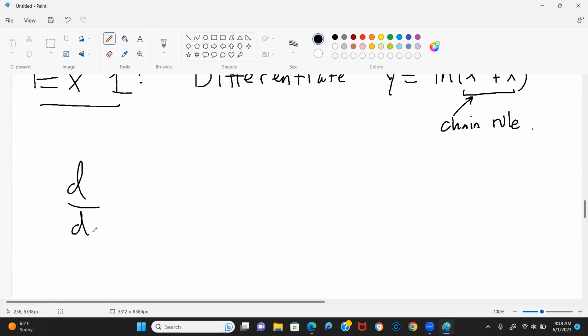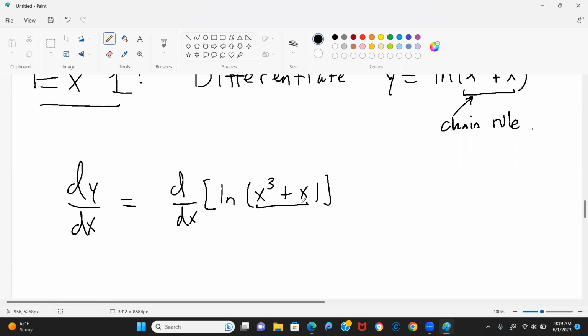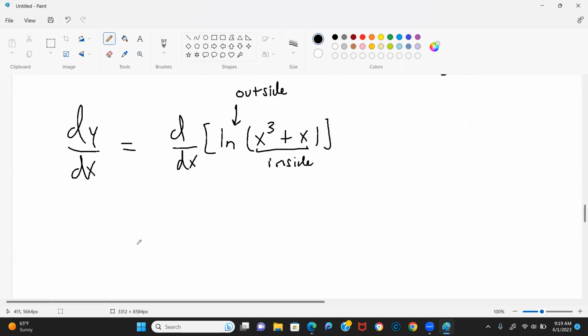All right, so the derivative of y, dy/dx, is going to be the derivative of ln of x cubed plus x. This piece right here is our inside function, and the ln is our outside function. The outside piece. And the chain rule, so this step is going to be by the chain rule,